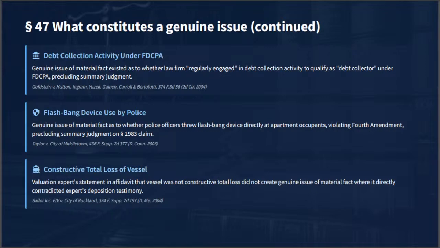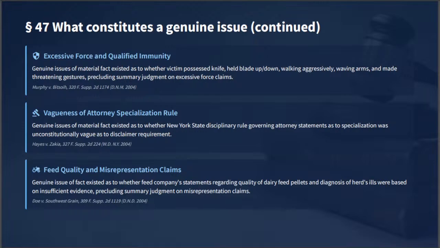Let's continue here. All right, excessive force and qualified immunity. Genuine issues of material fact existed as to whether claim victim possessed knife, held blade up or down, walking aggressively, waving arms, and made threatening gestures, precluding summary judgment on excessive force claims. Okay, yeah, it sounds like a lot there. Murphy versus Bitosi,